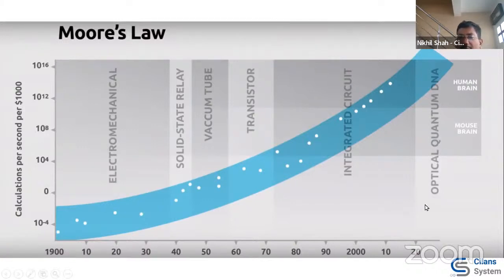And now the future of computing is optical quantum. You must have heard the term quantum computing, right? There are a few companies like IBM and Google working on it, which has exponentially, almost a million times, more computing power than today's computers. So that is the future. And this is how we are getting much closer to the thinking capacity of our human brain.